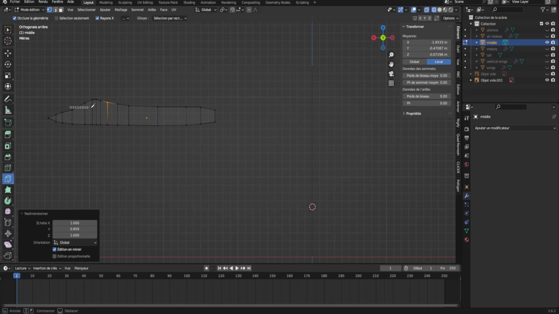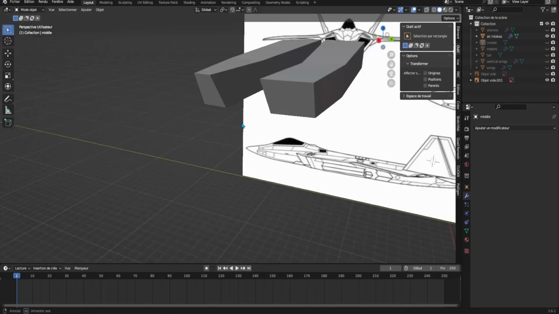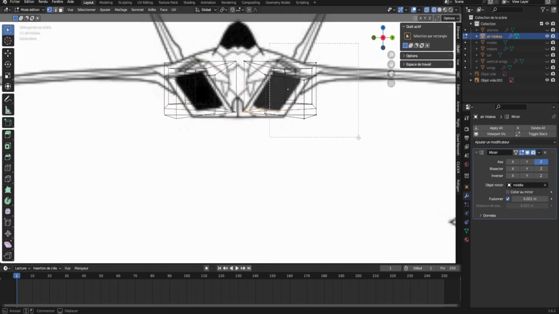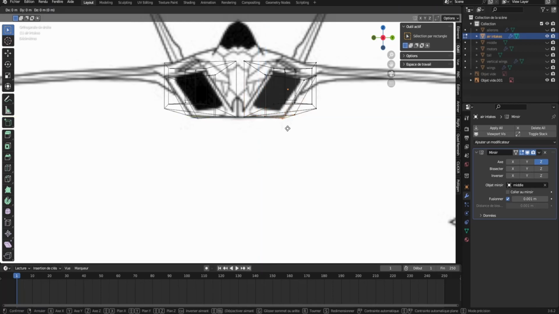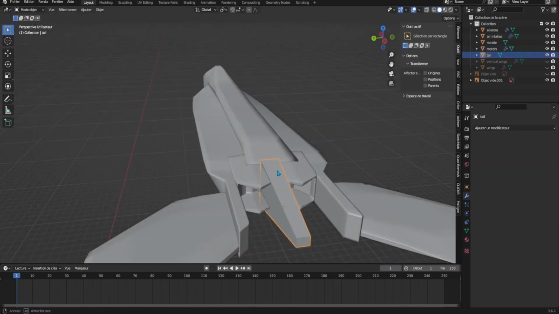This is the cockpit. It was one of the most difficult parts to make. I tried using the cutting tool, but I'm not made for this tool, obviously. Then I modified the air intakes to make them look more like air intakes rather than just pure blocks, and